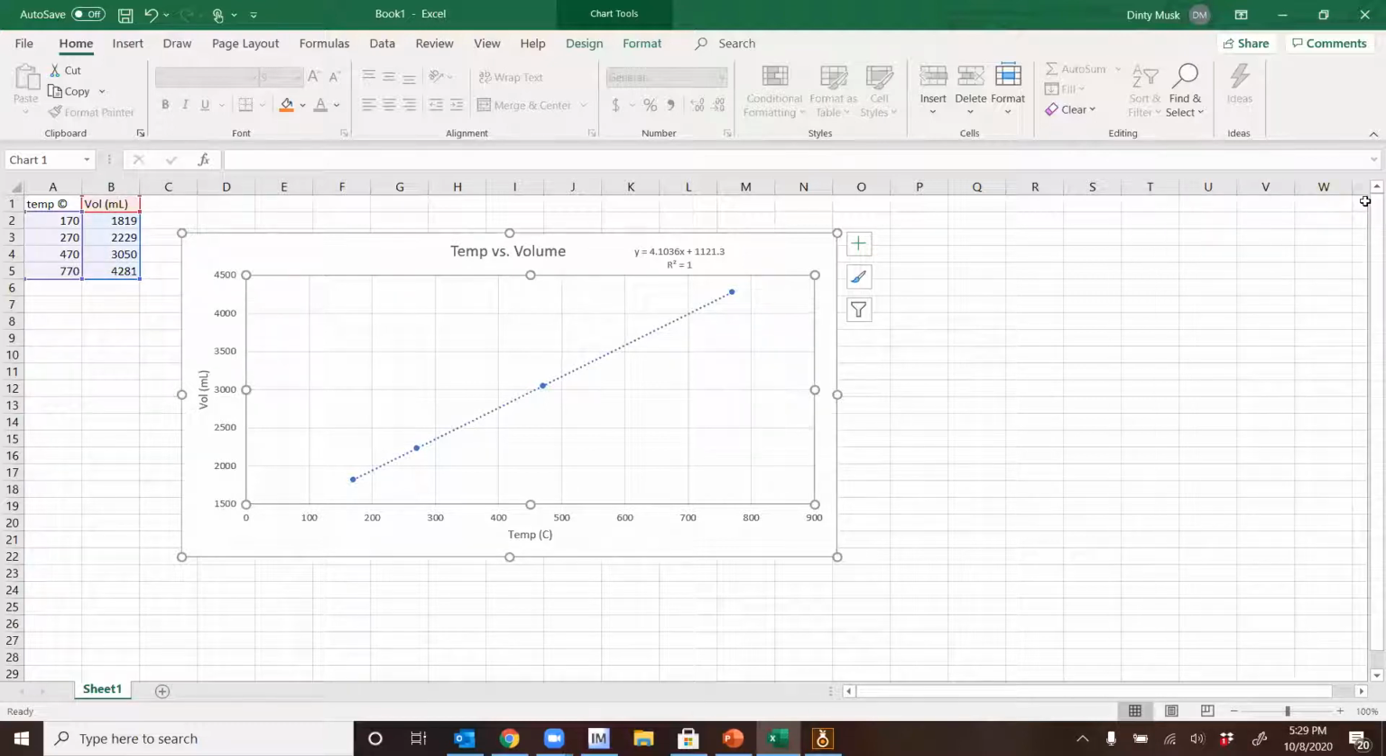So there I have a really, really nice graph. Now, if I was submitting this lab and I didn't want to hand draw the lab, what I would do is click to highlight this chart and Control-C to copy it. And from there,